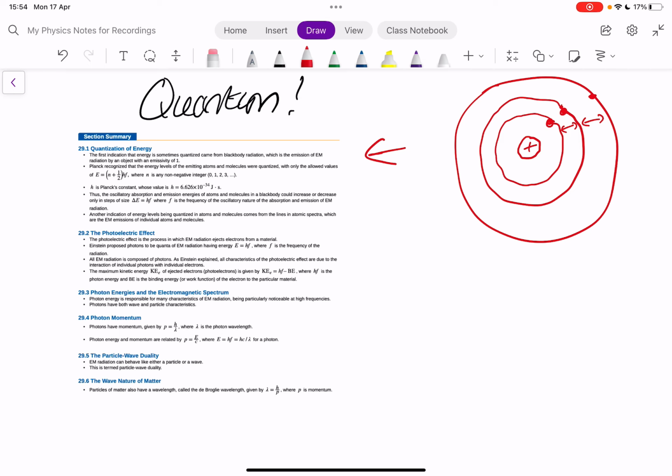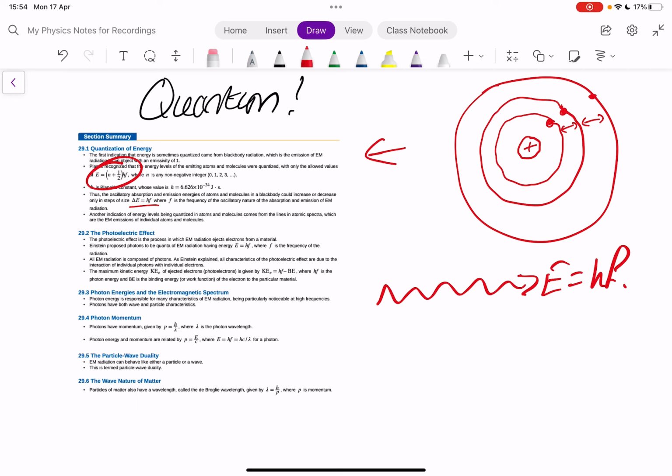And probably the most important aspect, I mean, this equation here is a nice one to start on, but the most important aspect that just goes through all of quantum physics is this second equation. The idea that a photon has an energy that depends on its frequency. Now, that's something you've probably known for a long time. Indeed, it's something that gets taught in Key Stage 3, so years 7, 8 and 9 in high school. The idea that the electromagnetic spectrum depends on the frequency. We know that the higher the frequency, the more dangerous things get. So gamma radiation, high frequency, as opposed to radio waves, low frequency.